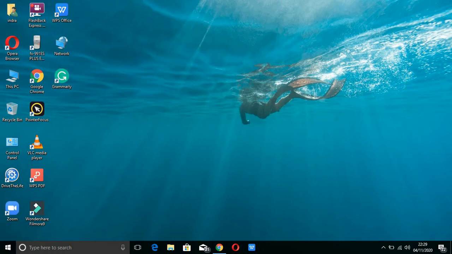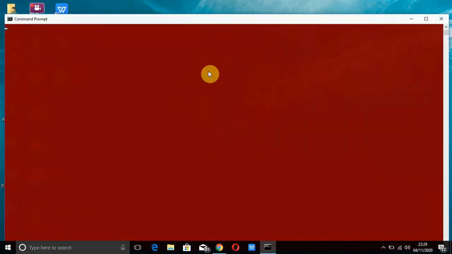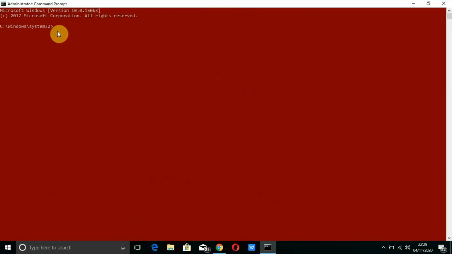Okay, it is loading. Okay, this is our command prompt, and let's type some code on this command prompt to find the connected Wi-Fi password.